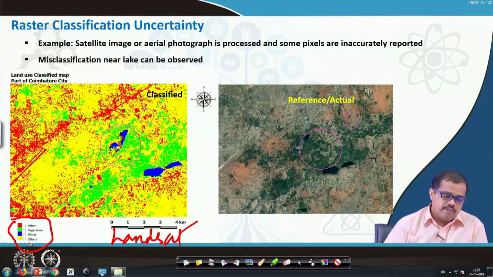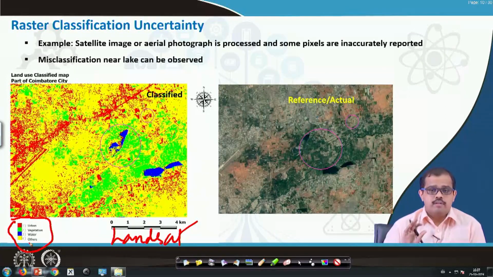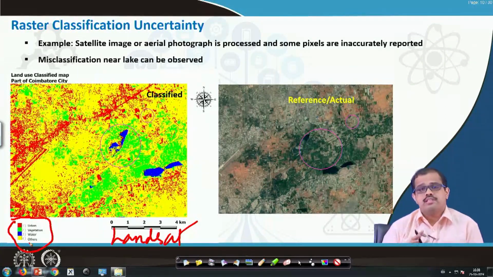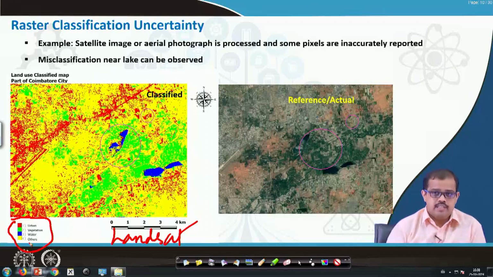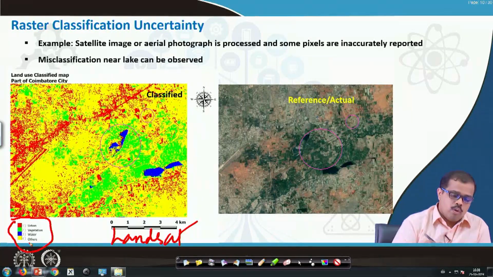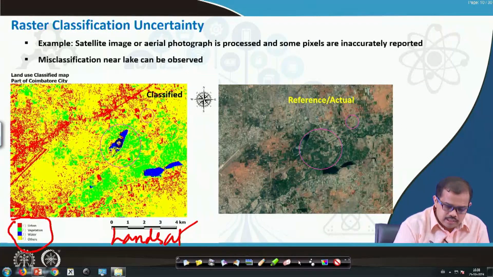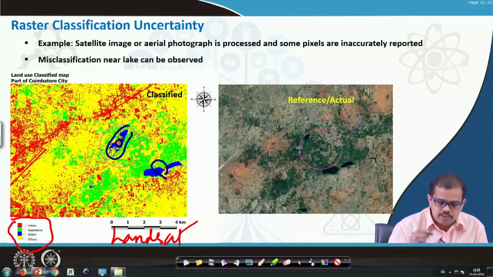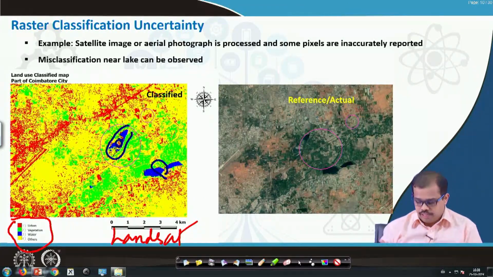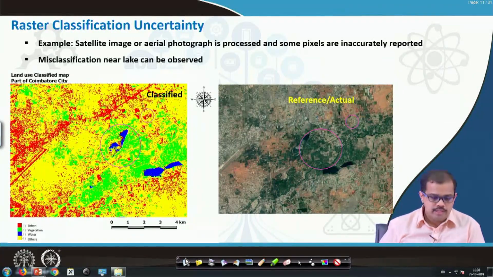Now, when you look at this particular map in detail, because of your classification, the input signatures that have been given, maybe you have given a huge number of heterogeneous signatures for this image to be classified as a land use map. Now, what has happened is that you can see there are certain errors that have crept in in the form of misclassification errors. You can see this red here around the water body, you can see this part here where you have a huge amount of red. I can zoom it in and show it to you probably.